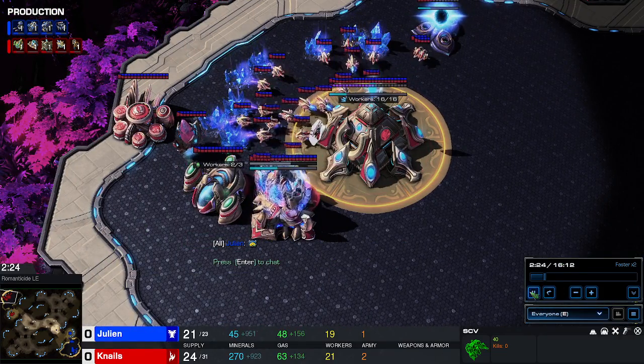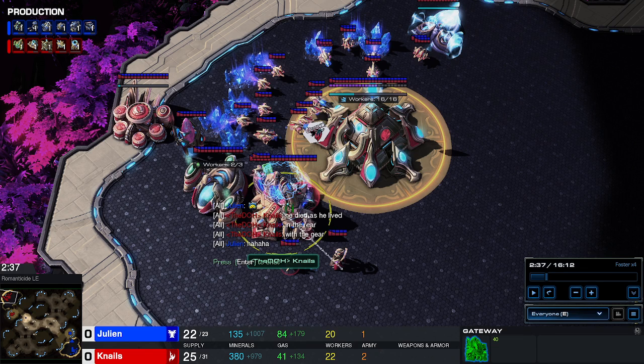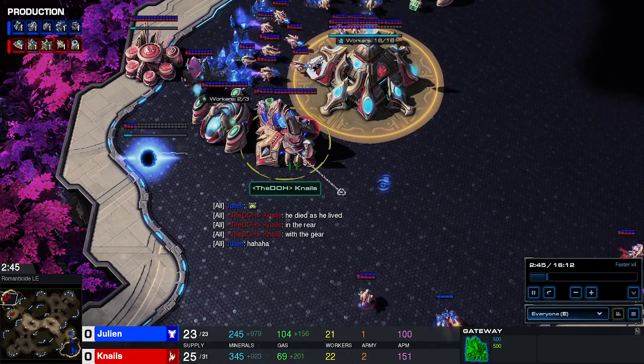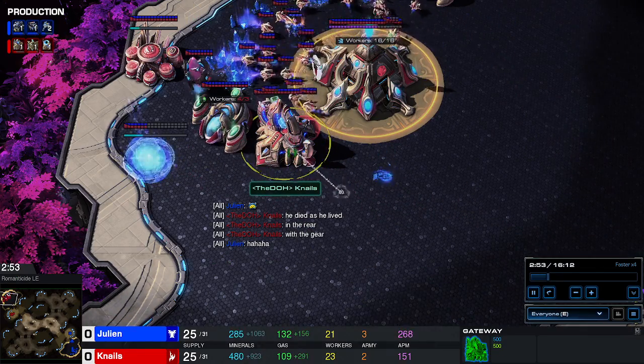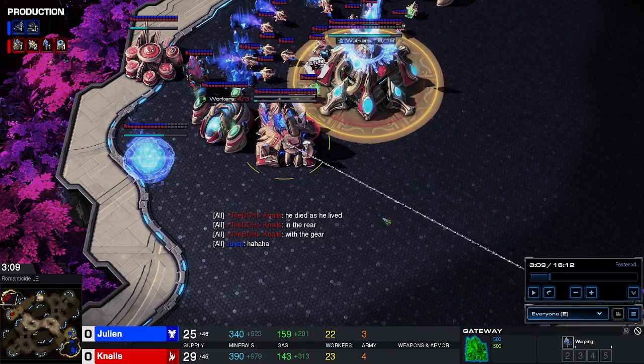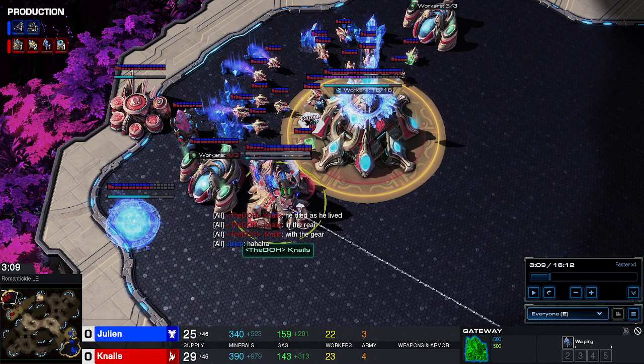The next thing that we notice in this replay is the second gateway unit does not get built. So you see that you've just finished the adept. It's about 2 minutes 37, and I want you to just look at this gateway and see how long it takes for this gateway to start producing a second gateway unit. So 309. So there's about 30 seconds there where this is not building anything,